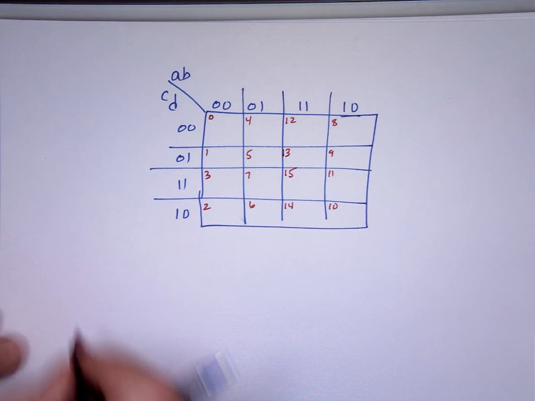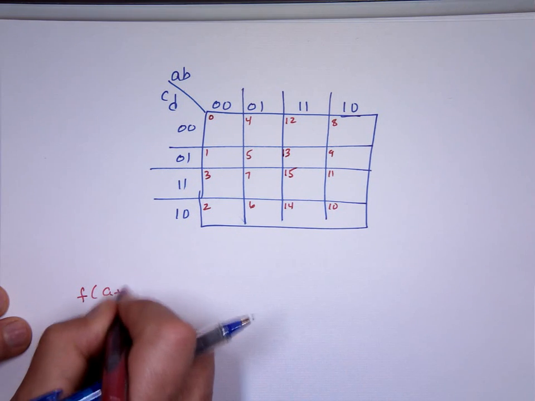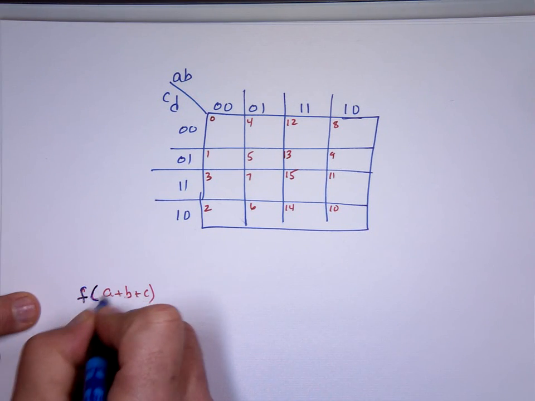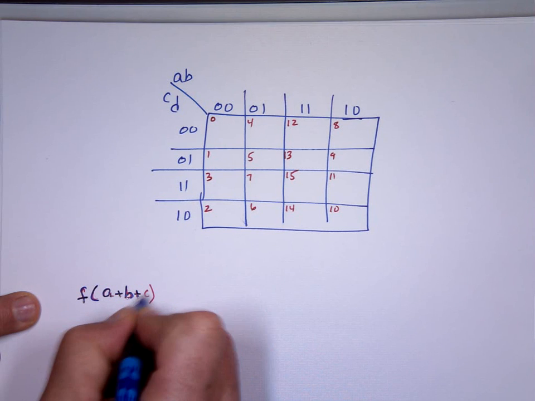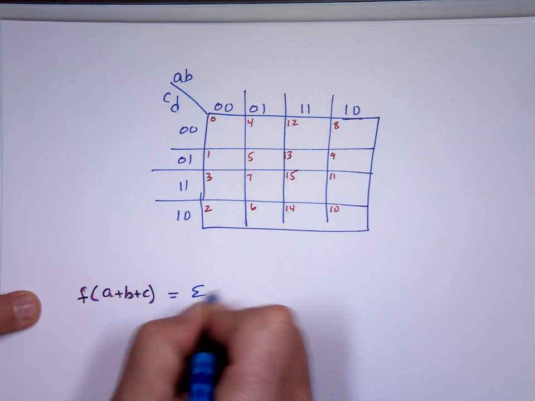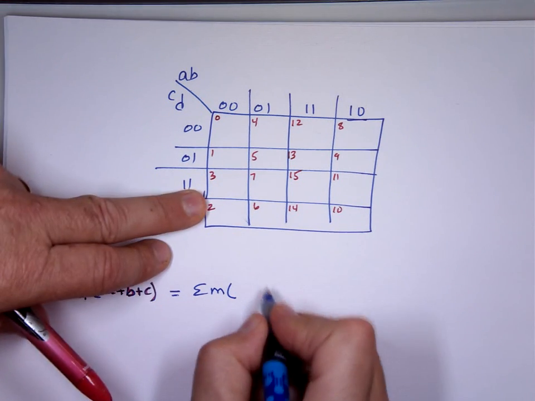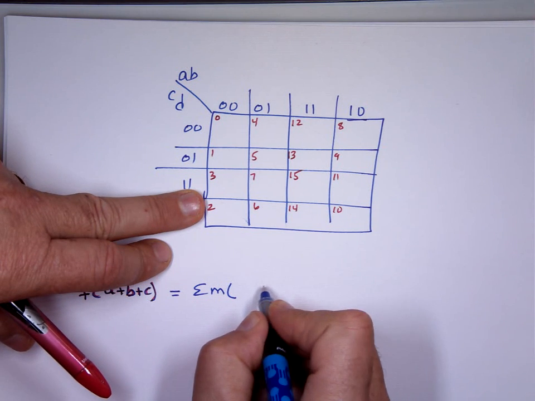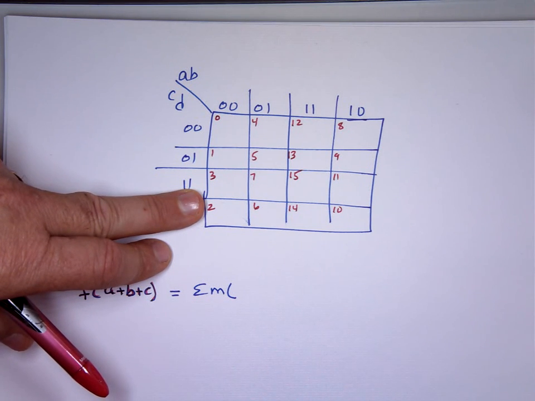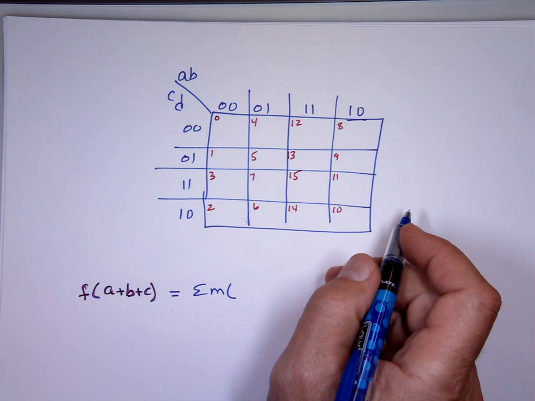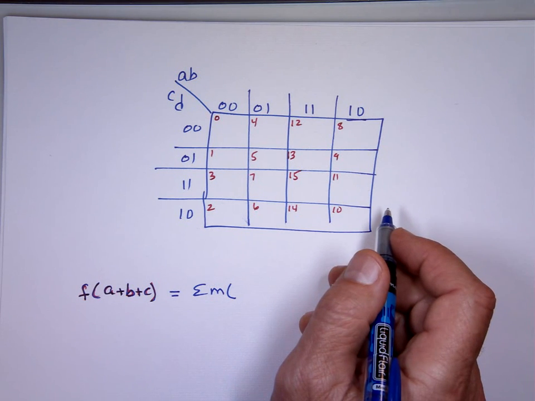F of A plus B plus C is equal to the summation of the minterms is going to be